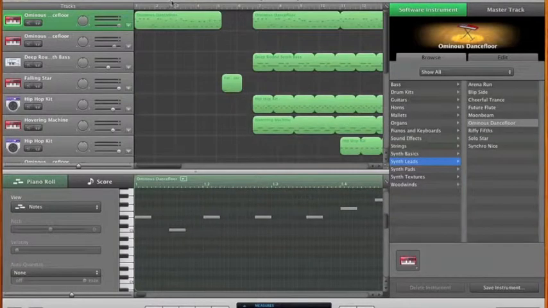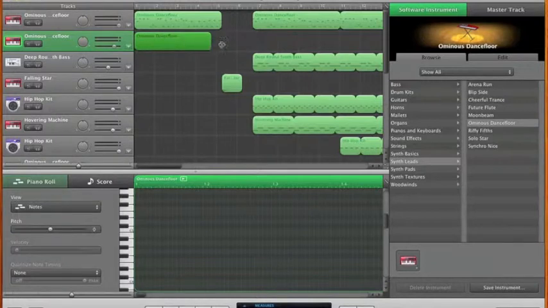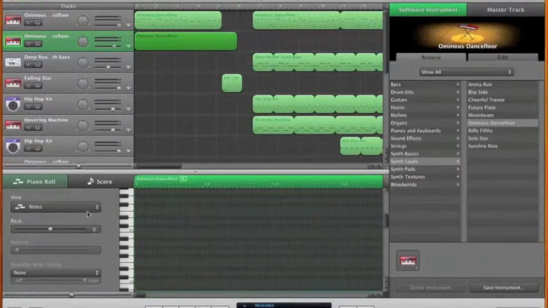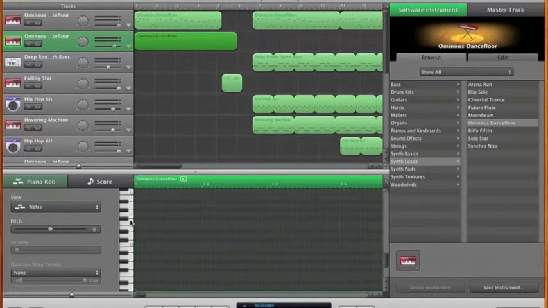Or what I did for this song is, you start out with your track and you hit Apple and then click, and then it will create this new track for you for the software instrument, and then you can extend it a certain amount. And then I use the piano roll, and if it's hidden, it's the button near the create a new track button. You just click on that and then come down, and there's this piano roll here, and you just find the place that you want to start out with your song,